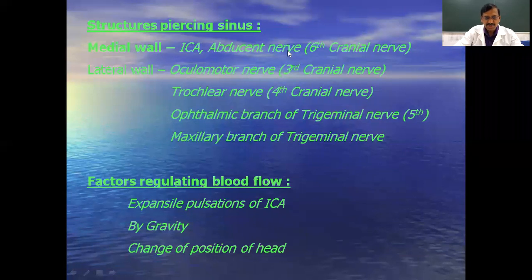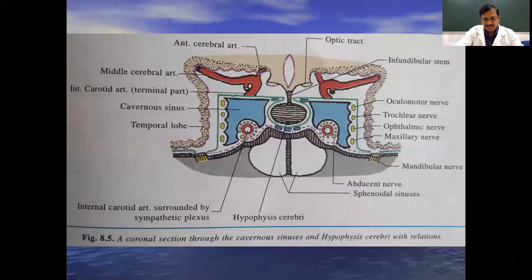This is very, very important, because you see here, this is the internal carotid artery, and this is the abducens nerve, and surrounding this internal carotid artery is the sympathetic plexus of nerves. They are separated from the cavernous sinus with the help of the endothelium. Here it is coming into the cavernous sinus, then it goes through the cavernous sinus in the medial wall. Then it goes anteriorly. Again it turns upwards, and you can see here it has a superior relation with the cavernous sinus.